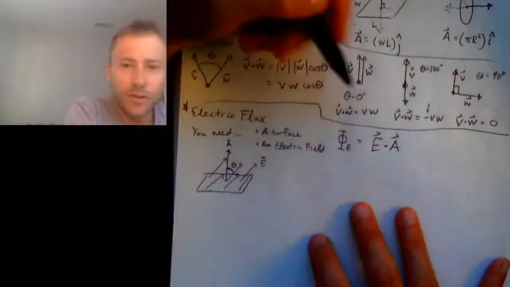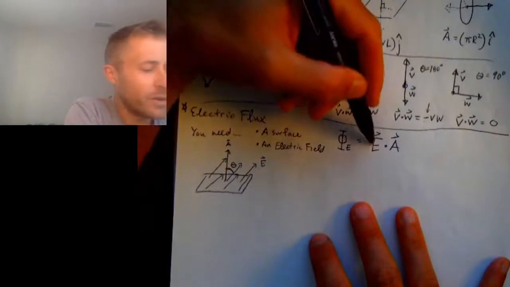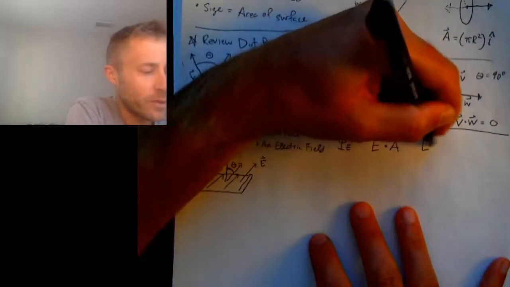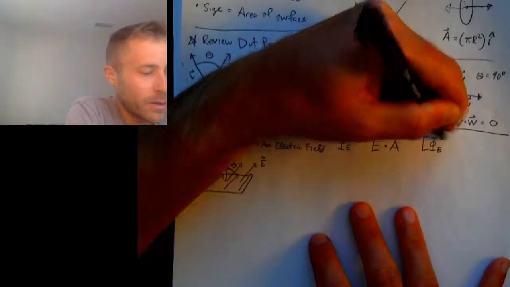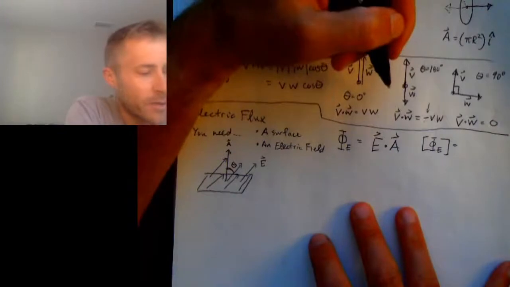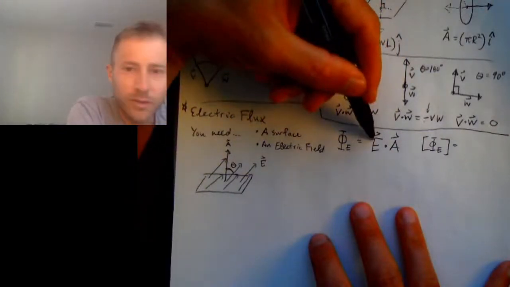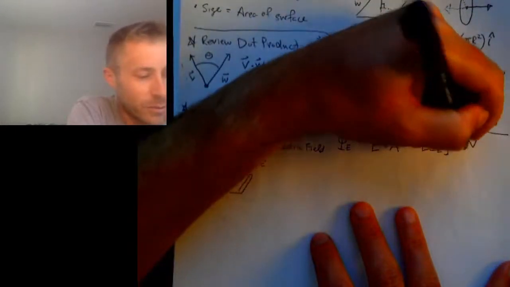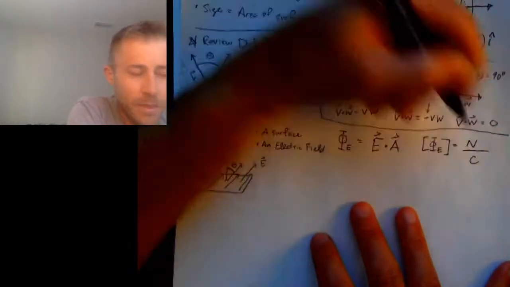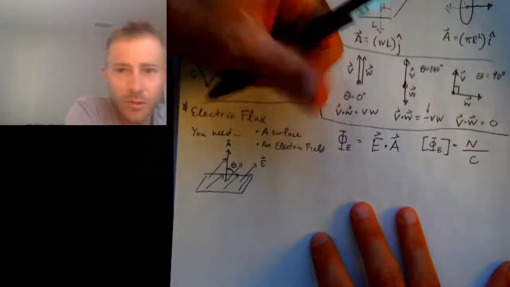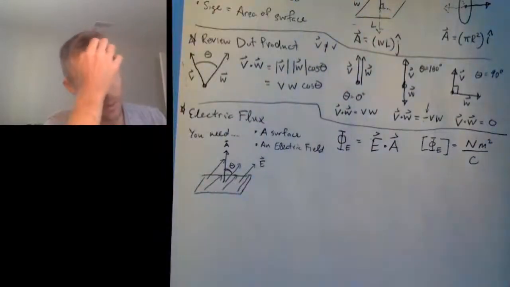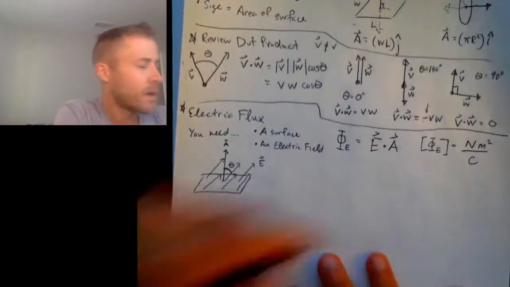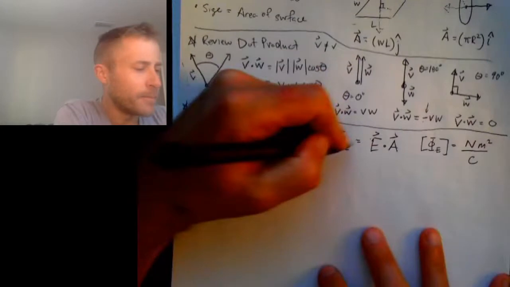So it's fairly easy to figure out the units of electric flux. The units of electric flux are going to be electric field times area. So electric field is measured in newtons per coulomb, and area is measured in square meters. So it's newton meters squared per coulomb that are the units of electric flux. Okay,